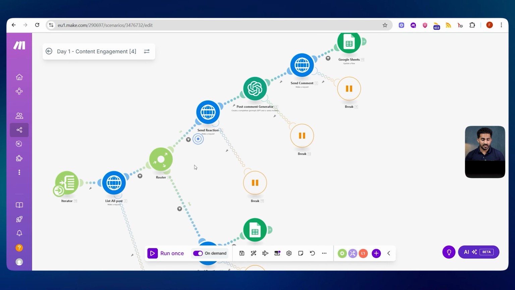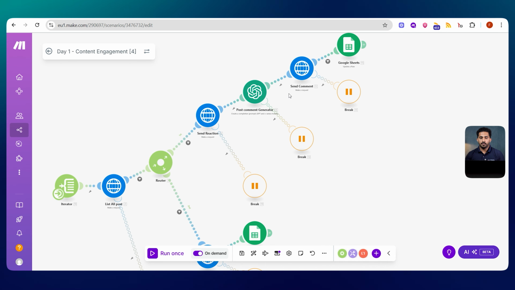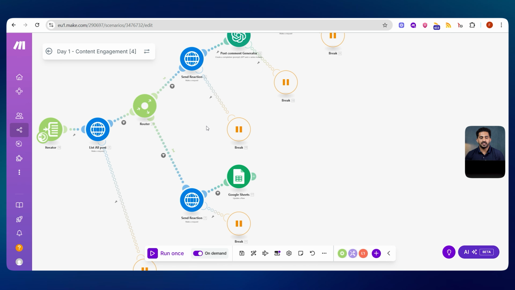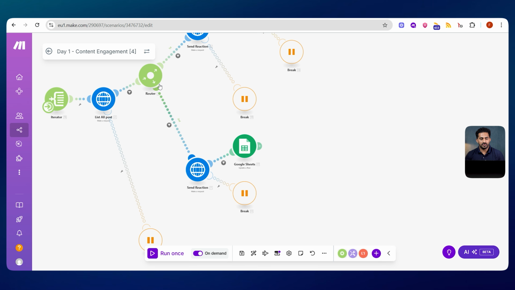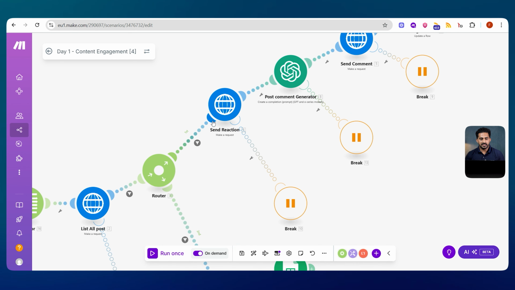Here we have two routes. The first route proceeds for the posts where we can send a reaction. I mean, we can react and we can comment as well for such posts. But in some posts in LinkedIn, we can do only the reaction. We cannot do comments. Maybe the user disabled the comment facility. So that's why for such posts, we'll go through this route only. So that's it. Again for reaction,